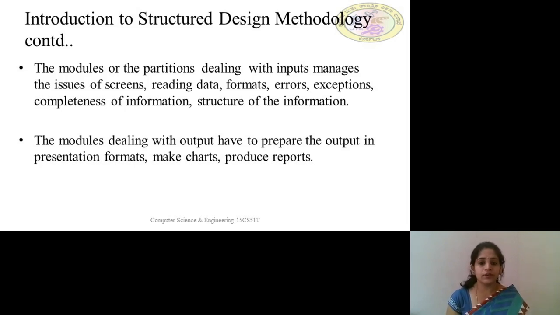So it is the duty of these modules to bring the output into a presentation format, make it better understandable by using charts like bar charts or pie charts, and also produce reports so that it can be easily understood by all the end users.